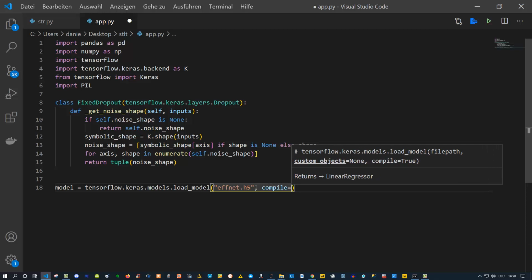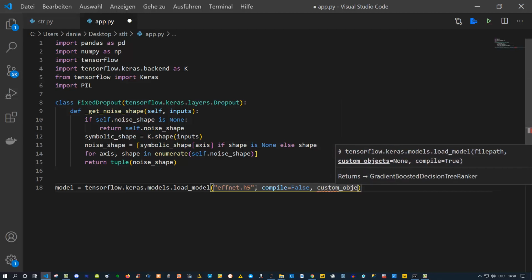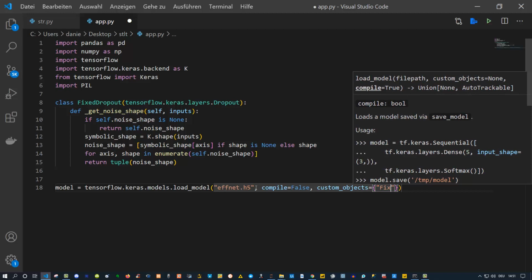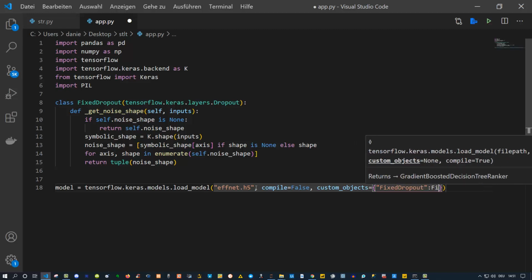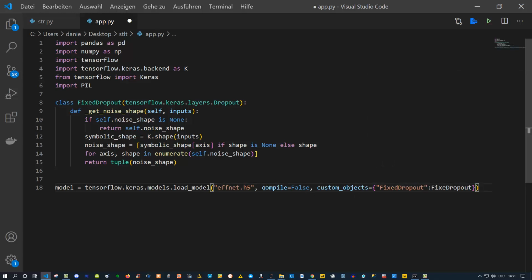Okay, that is that. And then I also specify two additional things. Compile is equal to, in this case, false. And then I also say custom objects is equal to, and now I need to give it a dictionary. Here I specify exactly this fixed dropout, and I say this is equal to this class, to this fixed dropout. Okay, like that. Then I can close this here, and I also can close this here. So those two things, that's actually what I had to do: compile set to false, and custom objects set as a dictionary with fixed dropout